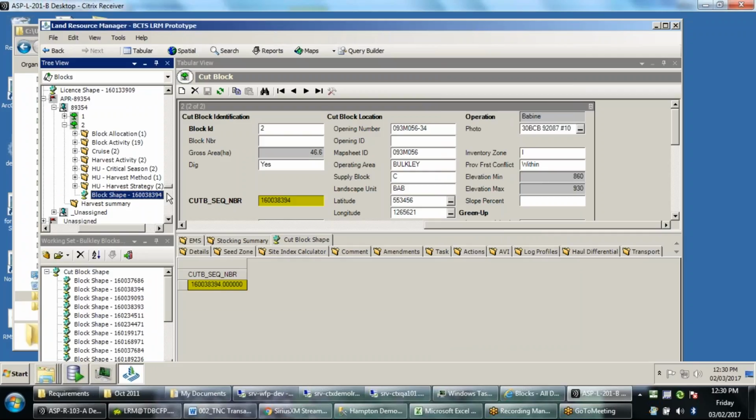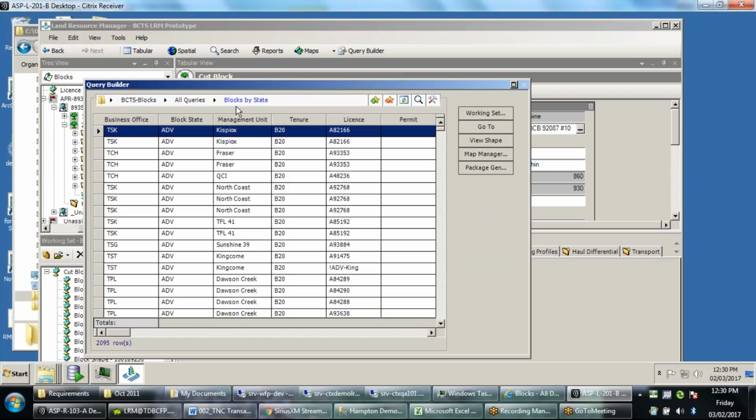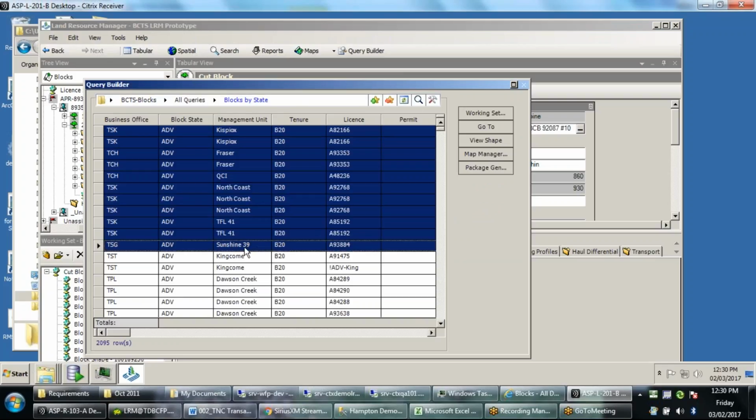So now we might want to do a few different things. Perhaps we want to run a bunch of maps at once. Maybe we've got a bunch of blocks that we want to run at the same time. So I'm going to open up Query Builder and go to an info type. And in here, I'm going to arbitrarily select a few records, and I'm going to say I want to create a map for every one of these